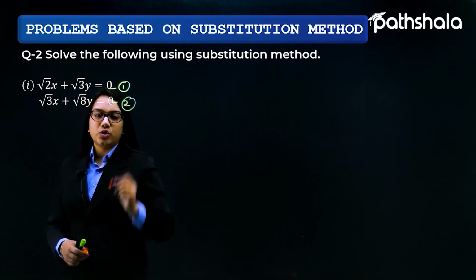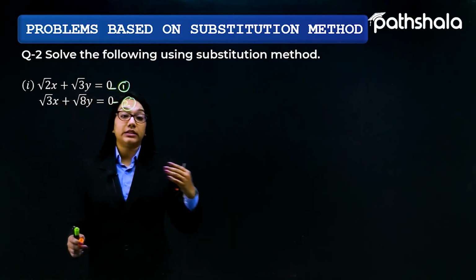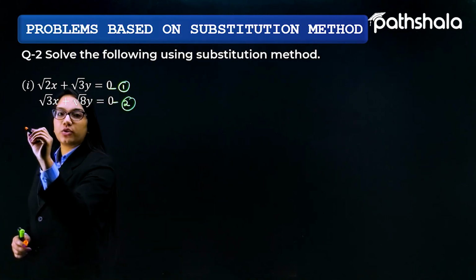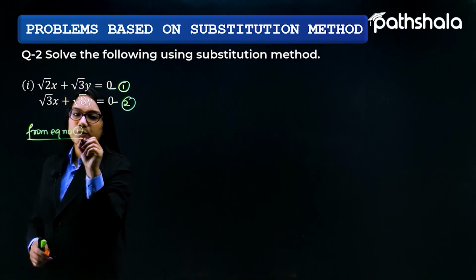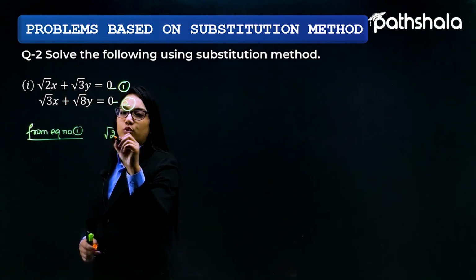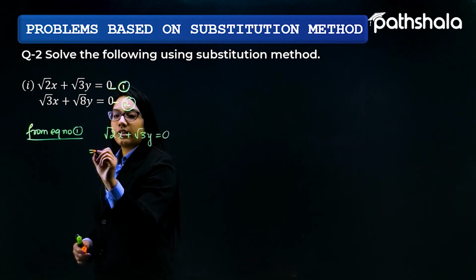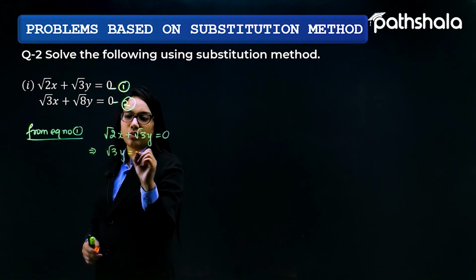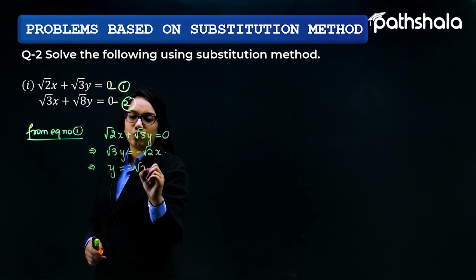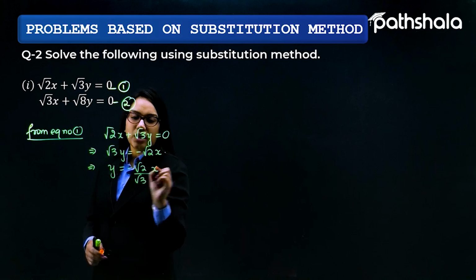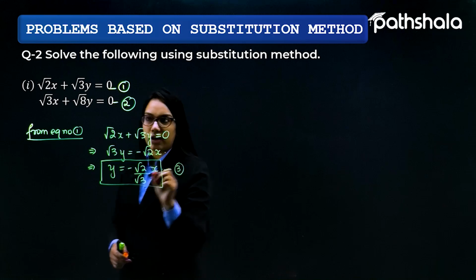equation number 2. Let us suppose I convert equation number 1 into y in terms of x. From equation number 1, I'm expressing √2x + √3y = 0 as √3y = -√2 x, and further y = -√2/√3 x. So we have expressed y in terms of x, and I'm calling this equation number 3. Now let's substitute